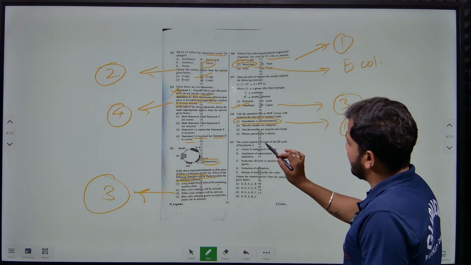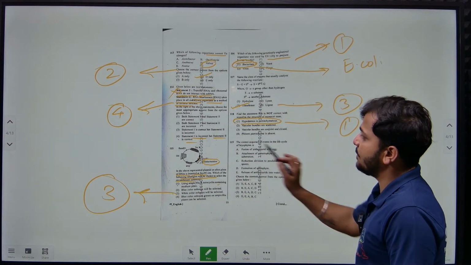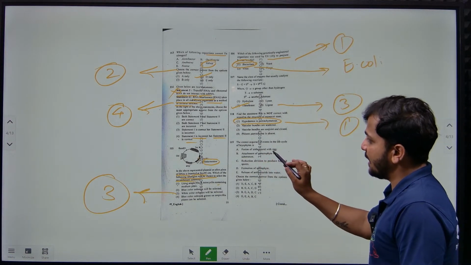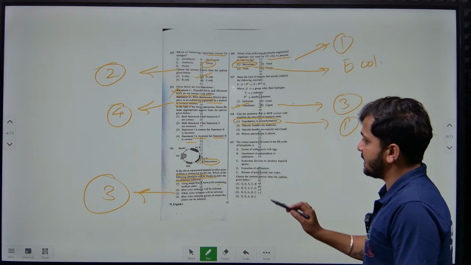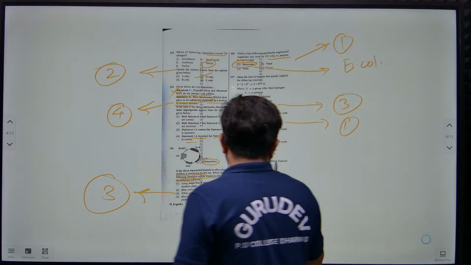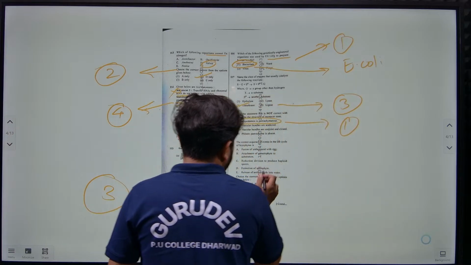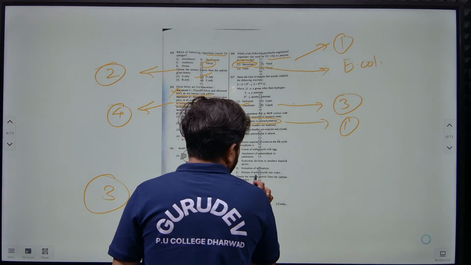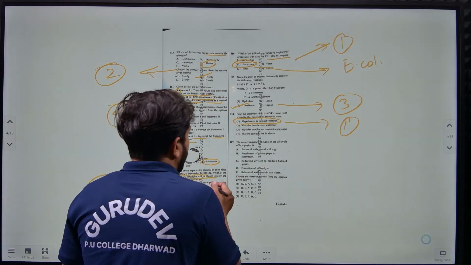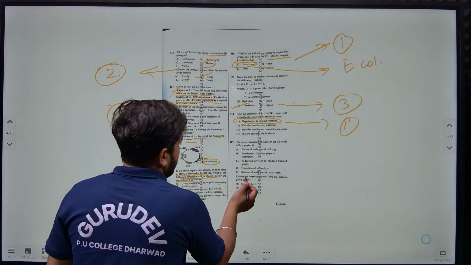Then the correct sequence of events in the life cycle of a bryophyte is: fusion of antherozoids with the egg, then attachment of the gametophyte to the substratum, reduction division to produce haploid spores, formation of the sporophyte, right? Then the formation of the sporophyte, release of antherozoids into the water. According to that, if I consider, choose the